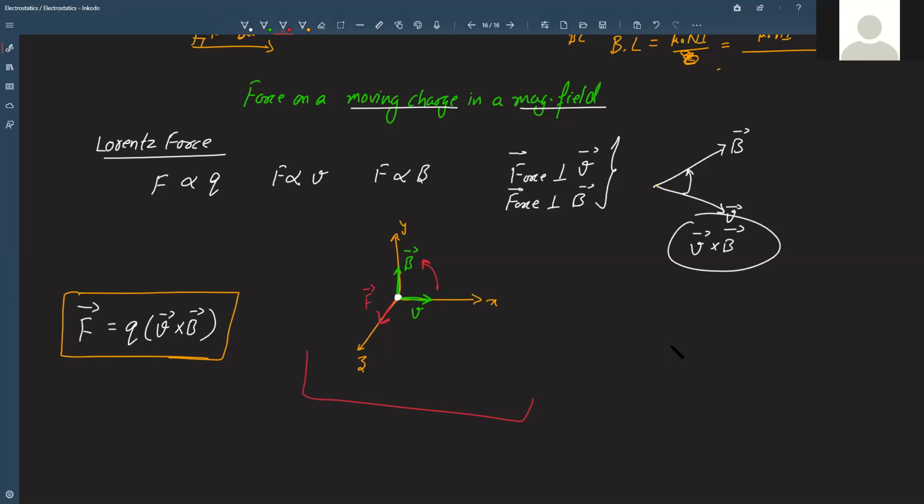And also the right hand screw rule. The screw which you see in your day-to-day life, not exactly the same screw. You should not think only about that. Even the lid of your water bottle, right? Even that is a right hand screw. So what happens there is, to open it, you have to rotate it in the anti-clockwise direction, that is towards left, and to close it you have to rotate it in the clockwise direction. Such screw system is called right hand screw.